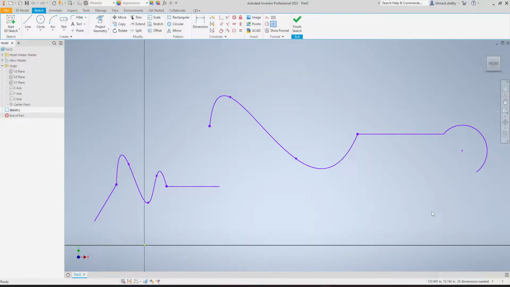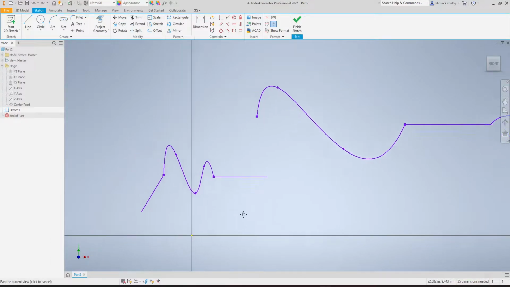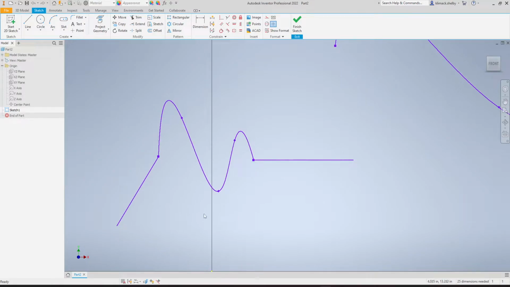In this video, I'm going to go over the smooth constraint in Autodesk Inventor. Now, the smooth constraint works only on splines, and it is used to make the spline have a tangent-like condition or a smooth condition between the spline and an adjacent line. So if we take a look at my first example here, we can see where this spline in lime green